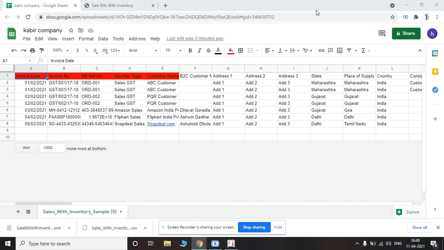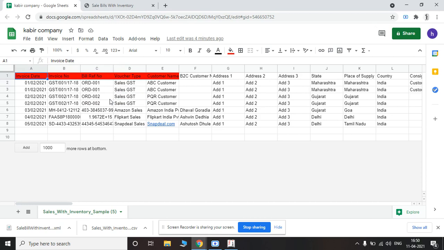In today's video, we will learn about how we can upload thousands and many more entries into Tally in only one go. So all you need to do is prepare an Excel file and just click upload by using our Tally converter. As you can see on your screen, this is a format in which you need to upload the files.